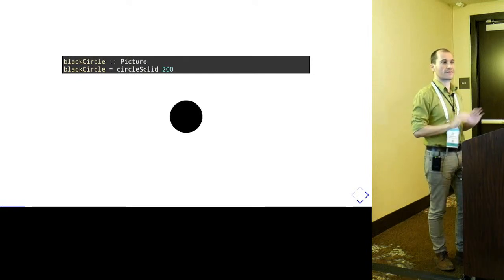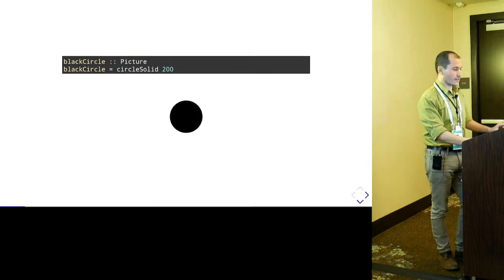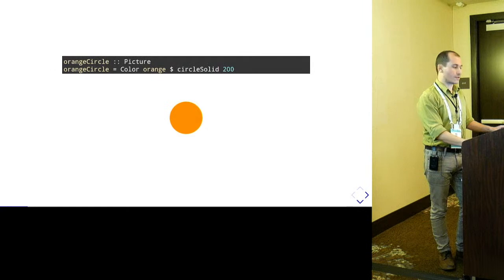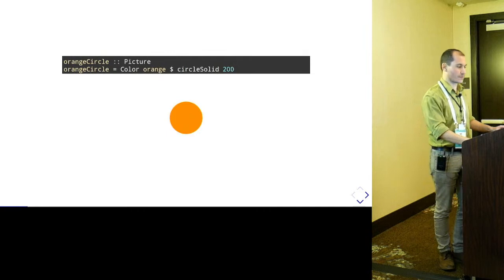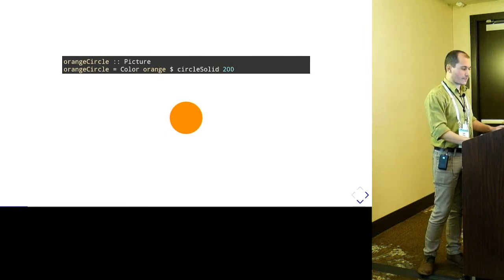There's a function that you have to call to paint any picture, and when you call it, that's what you get. So I think everybody can kind of follow that. You can apply the color constructor, for example orange, to a picture. You just have to pass a color and another picture, and then it changes the color of the picture, right? It's kind of pretty easy to use. This is not my work. This is someone else's work, just to clarify.